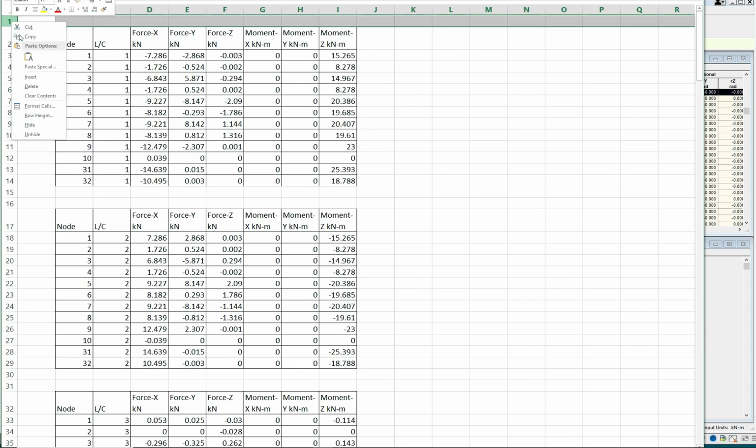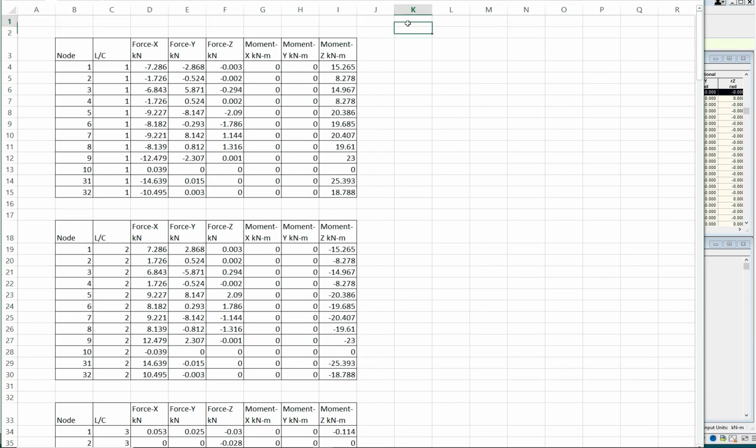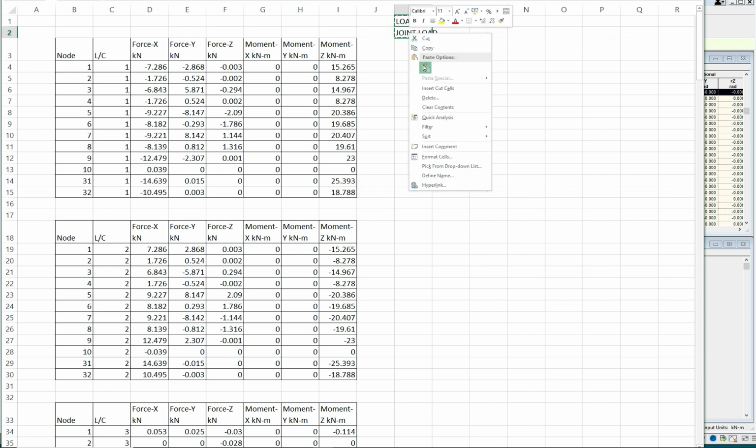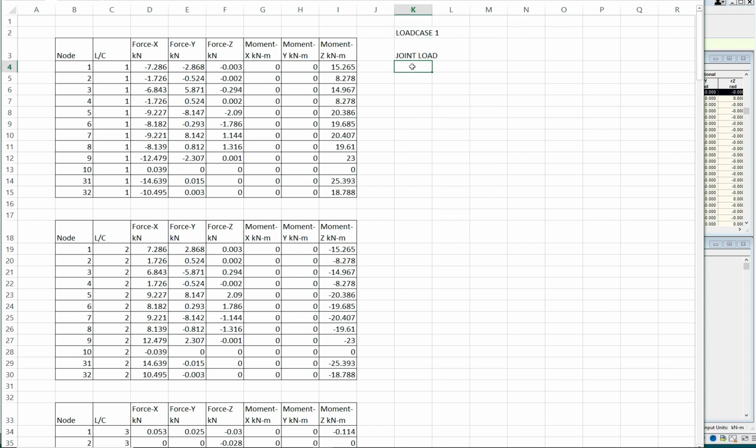So let us do one thing. How do we apply load in STAAD? We should first write load case 1, then joint load, paste. Here should be the joint load, then this should be the node number, then this should be the fx. Fx is equal to minus 1 into,